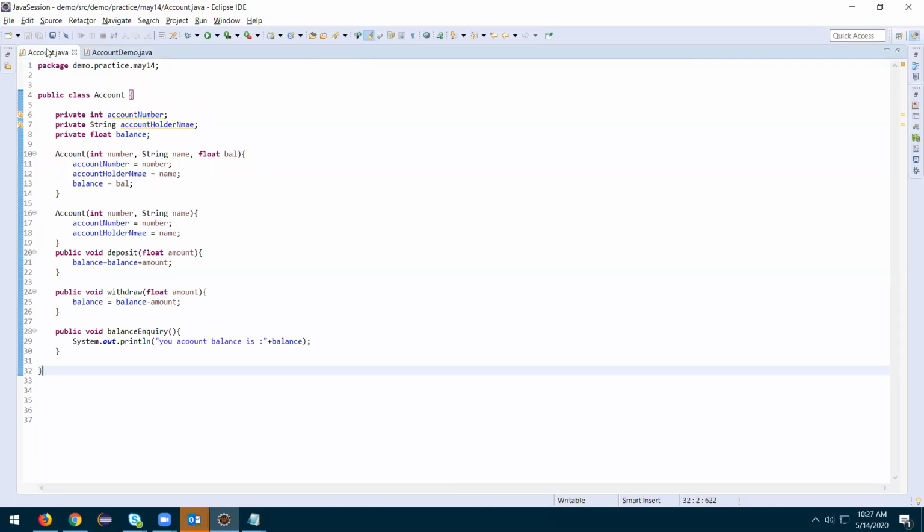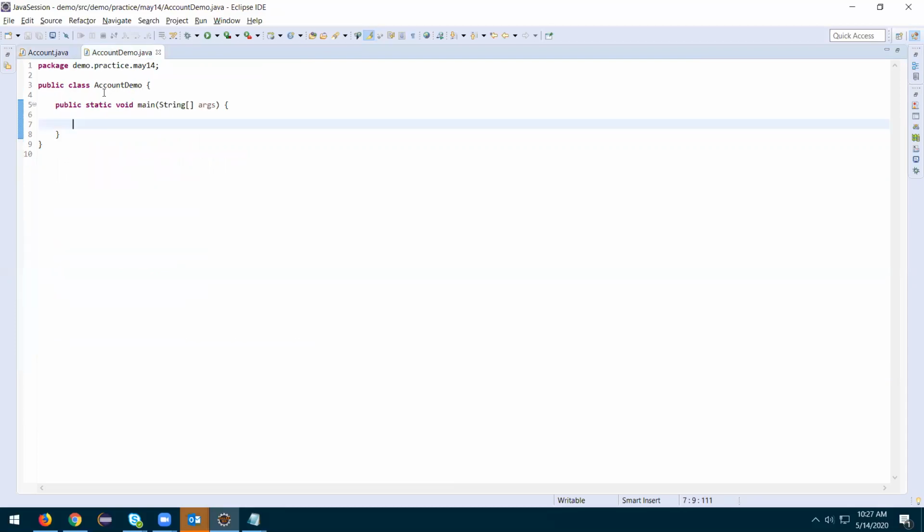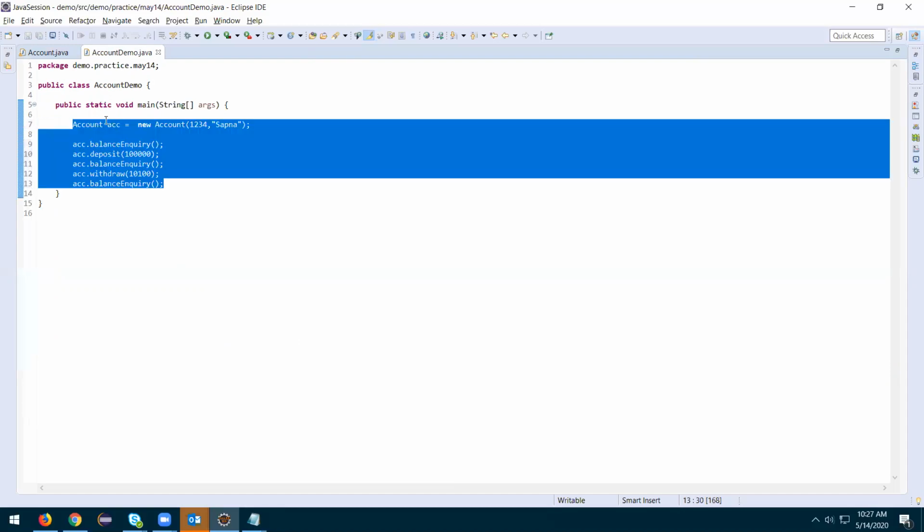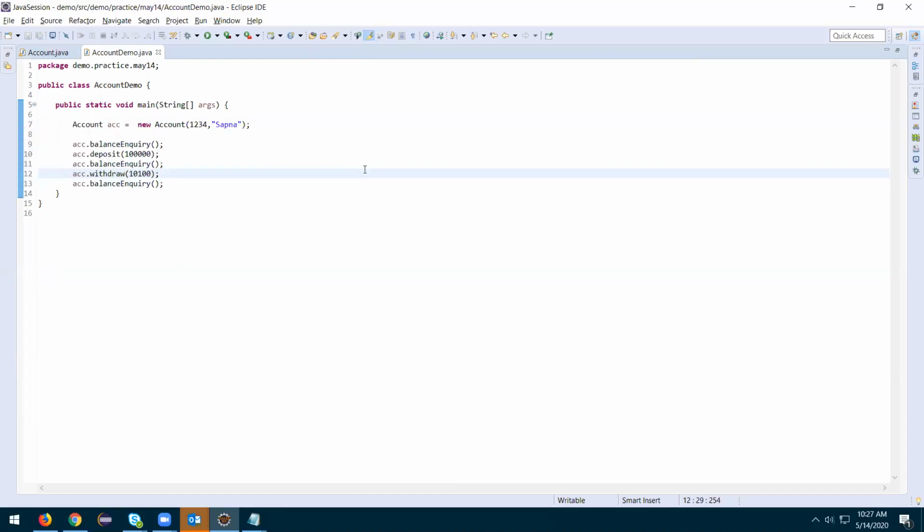So you want to create an object, account dot. I don't have any idea, Shubham. Go to account demo, but do Control Z. Let him see the code how it is there. At line number 7, you are creating an account object with account number and account holder name.